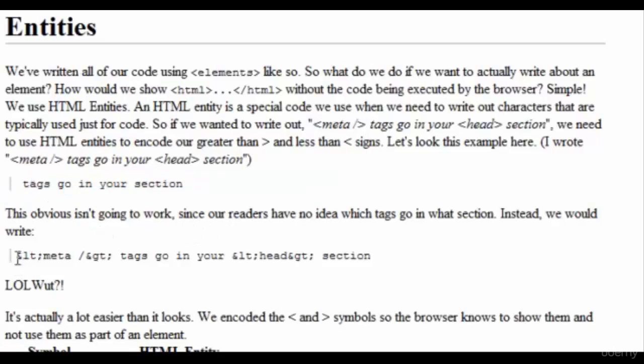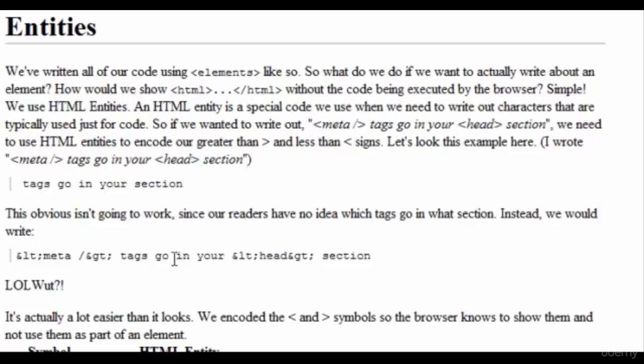Instead, for this sentence up here, we would write &lt;meta /&gt;, which is right there, and same thing with our head, &lt; which is our less than sign, and &gt; which is our greater than sign.